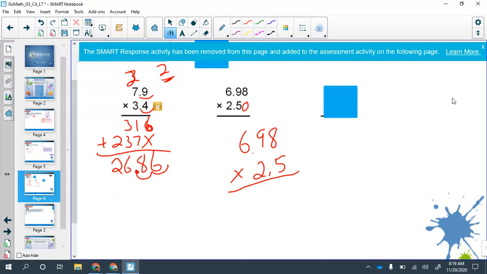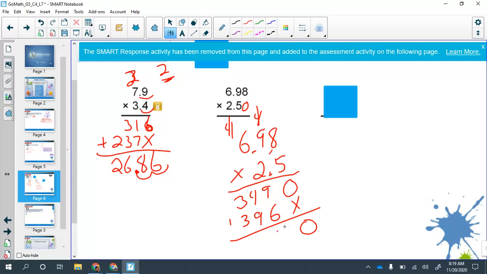So let's ignore our decimals, right? That's there and there, but we're just going to pretend like they don't exist. We're just going to start like normal. 5 times 8 is 40. 5 times 9 is 45, plus 4 is 49. 30 plus 4 is 34. Placeholder. 2 times 8 is 16. 2 times 9 is 18, plus 1 is 19. 2 times 6 is 12, plus 1 is 13. 0, 15,